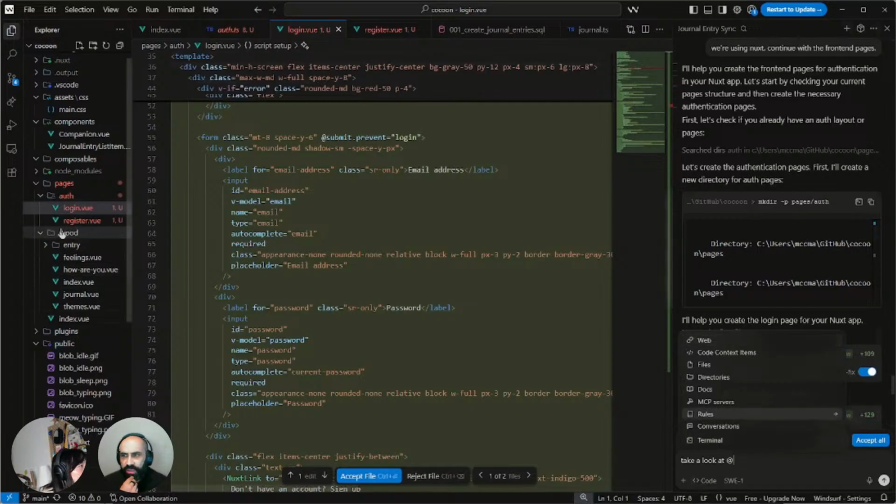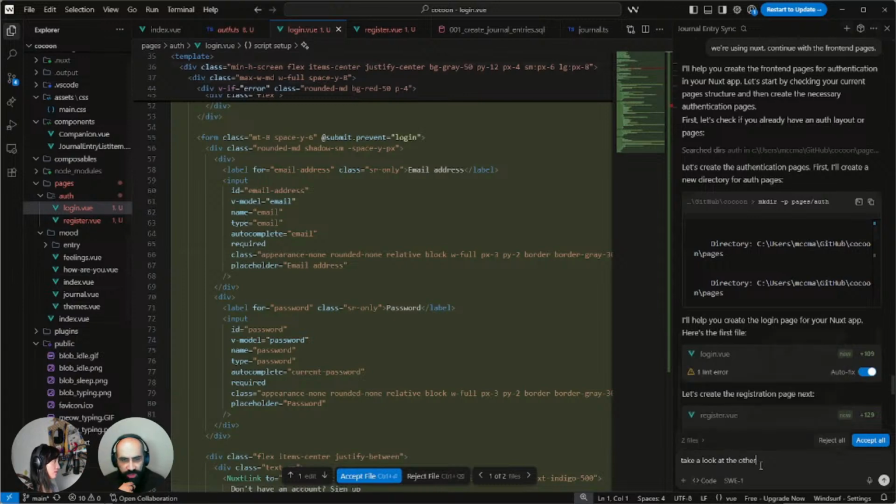I would just say, take a look at the other view pages and let it figure it out. Let's submit that and see what it does.